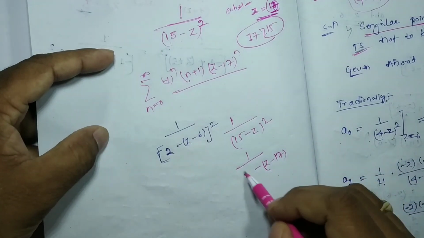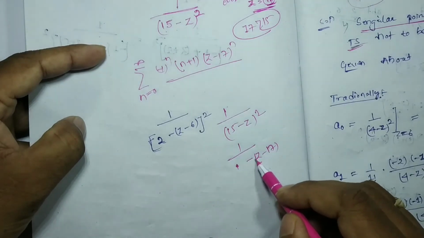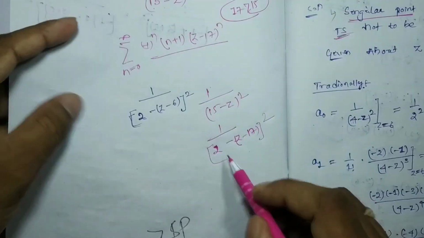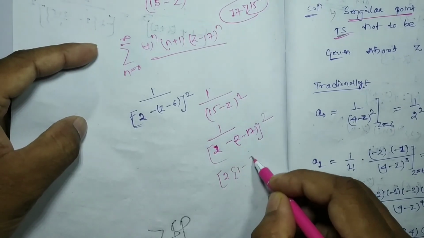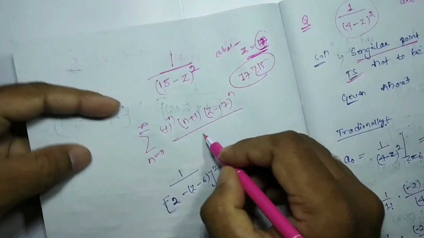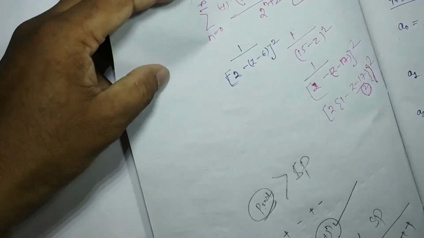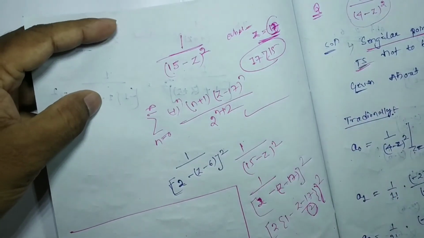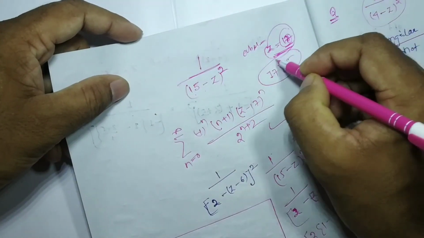Then what we have to write here is that it will give you the 15. So z minus z, this will be plus 17. So I have to write 2 square. I can take common from these terms 2 into 1 minus (z minus 17) by 2 square. So the division factor is 2, so 2 to the power n plus 2. Simple. Okay, if you do it traditionally also, you are going to get the plus or minus format, because here the point where we calculated the Taylor series is greater than the singular point.